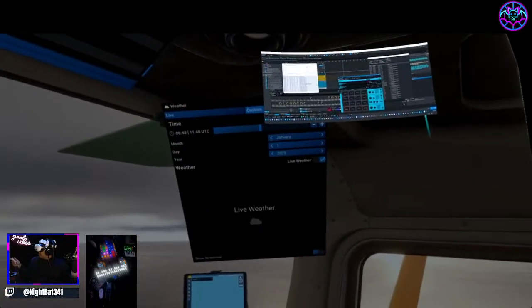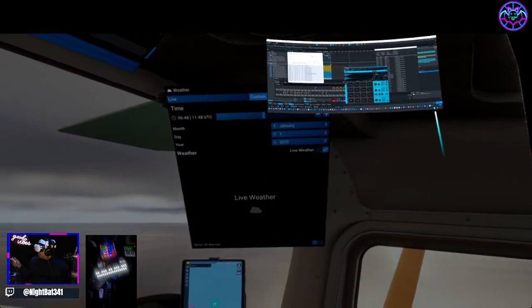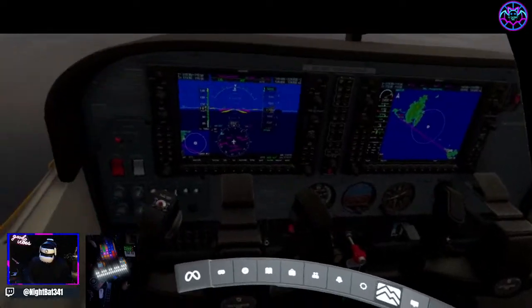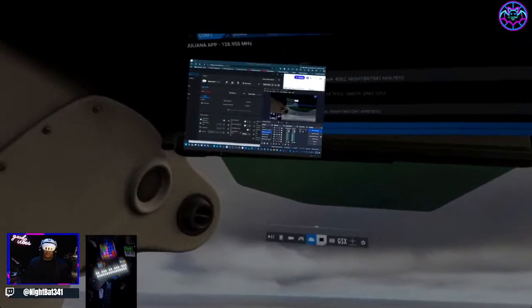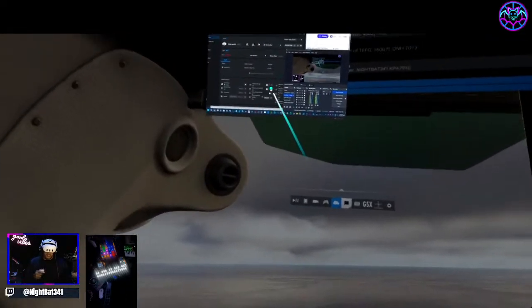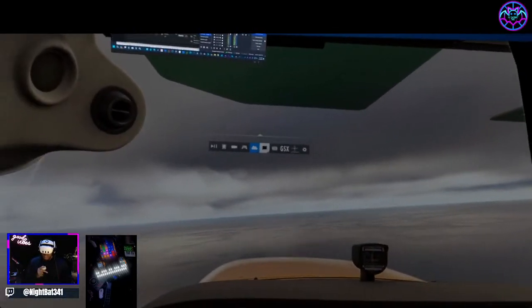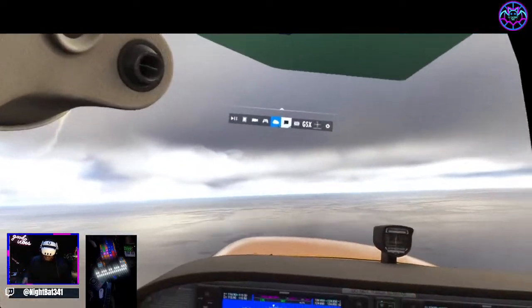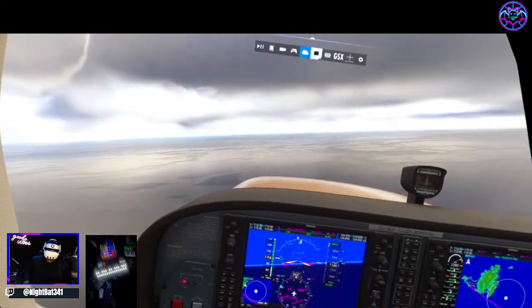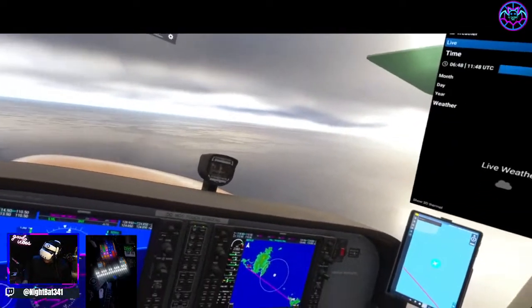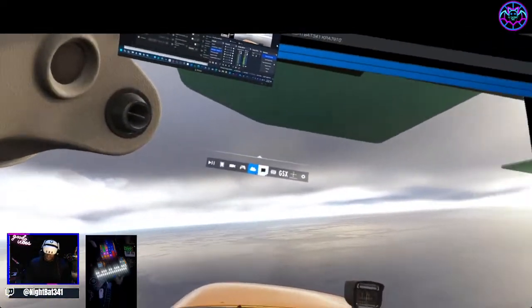I'm going to let you do the keyboard. Alright. Now, I can see in this window right here that Microsoft Flight Simulator is not in the foreground, which means it would not respond if it could to my